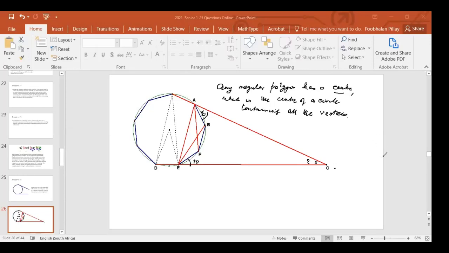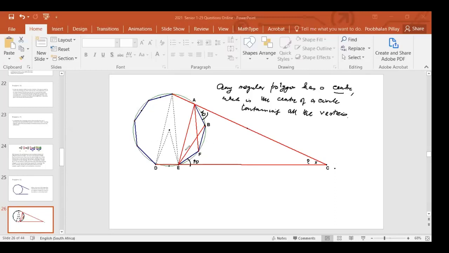I'm not going to go into that. I give a proof of that in my book, 1000 Olympiad Problems, where I think I've got a whole chapter, a whole lesson on polygons. So you can learn a lot about polygons from there. So there you can see I've drawn a circle here.